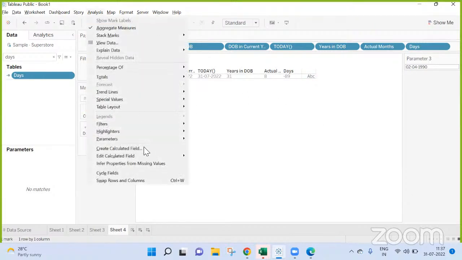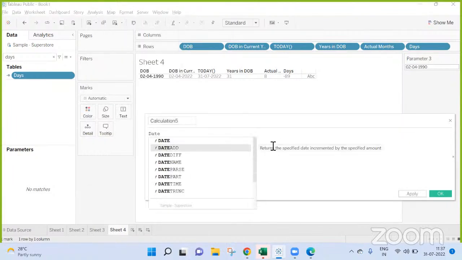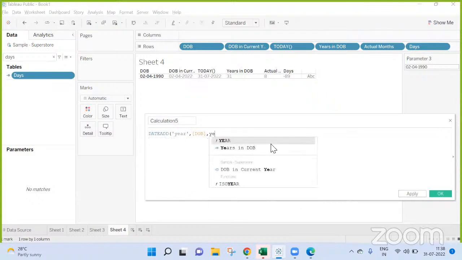So the same thing that I'm doing, dateadd of year, comma, DOB, comma, I'm adding years in DOB, DOB till current year. Okay, this should come here.